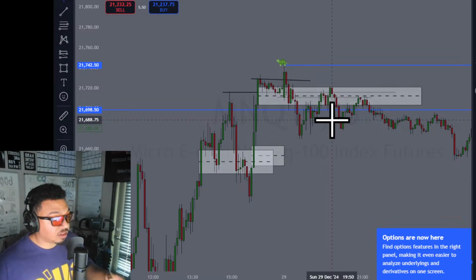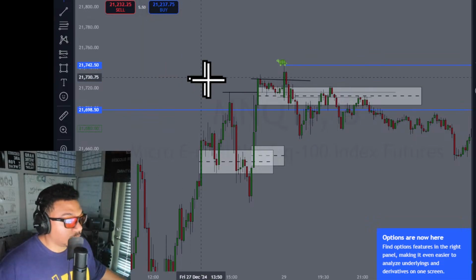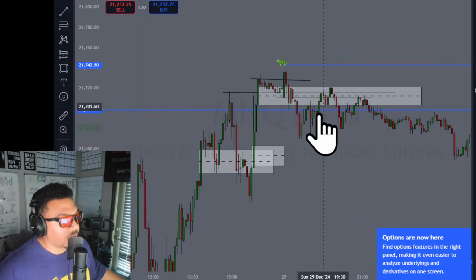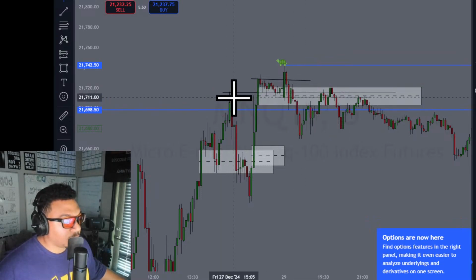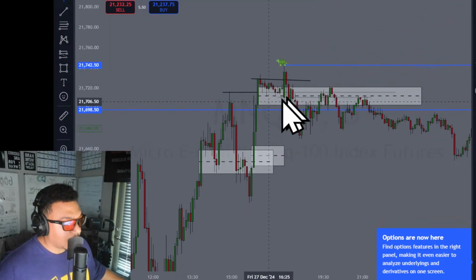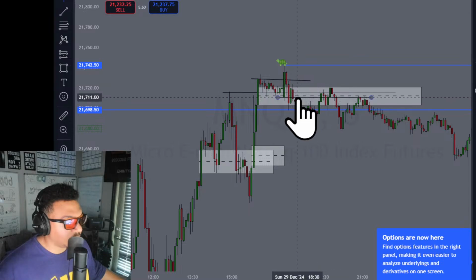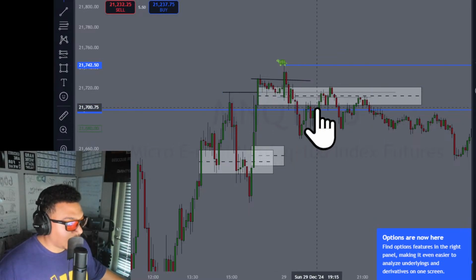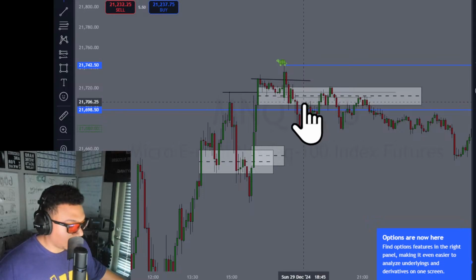The key to this is simply not living and dying by every gap, just kind of monitoring them to learn how to use them. A gap near a break in structure is very important. If that gap is not used to explode up, it's going to be used to explode down. And that's what happened. Price came back into this gap multiple times. And this is the 5-minute time frame, meaning once price broke this gap and came back, this is how many times you could have entered or how much time you had.